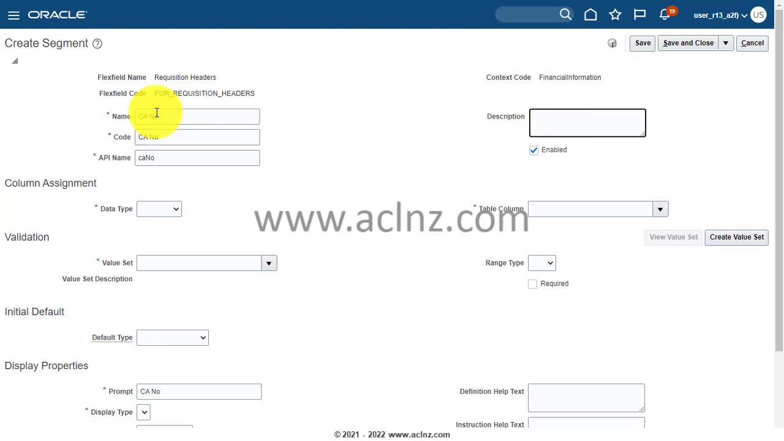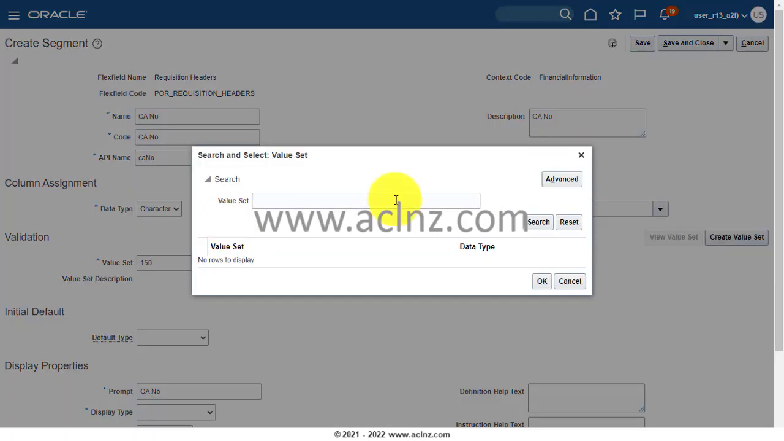Okay, and here also I'm going to give CA number. Okay, and then I will come down and choose a data type of character, and I'm going to give some value set, let's say 150 characters value set, which is a standard value set, I believe. Let's search for that. So let's search for